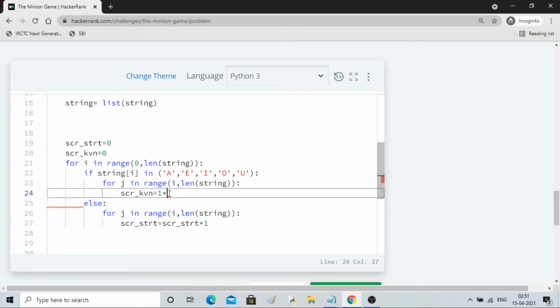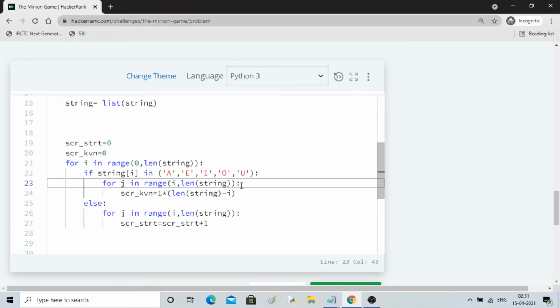We'll see. I minus, so length of string minus I. Okay, so in that way it will multiply 1 with the difference of this. So total, if you are adding 1 five times, that is equivalent to multiplying 5 with 1, right? So that is what I'm doing.